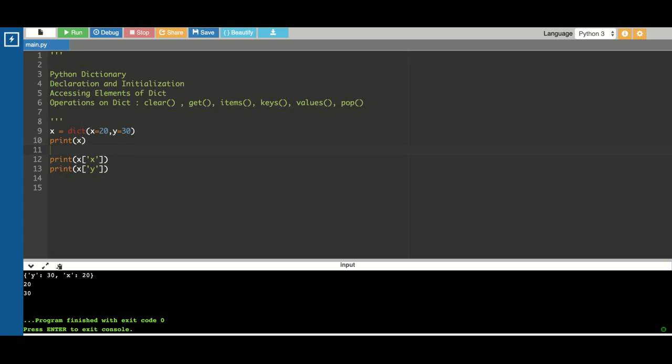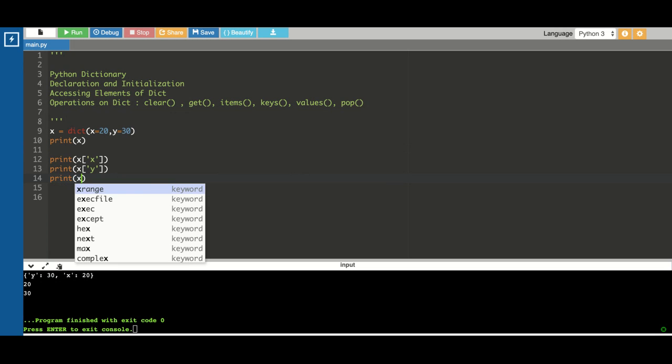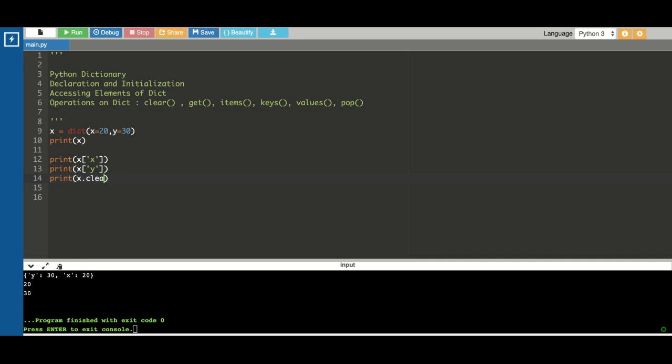Okay, guys. So now there are some other operations that we can do on the dictionary. Some we have are clear, get, items, and all those. Okay, so let's start with clear. What will clear do? Clear will clear all the elements of the dictionary. Here you can see None is printed because we have cleared it.